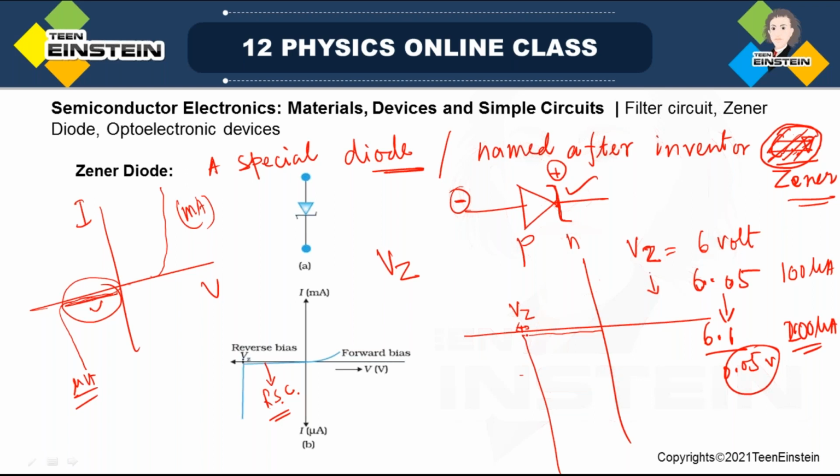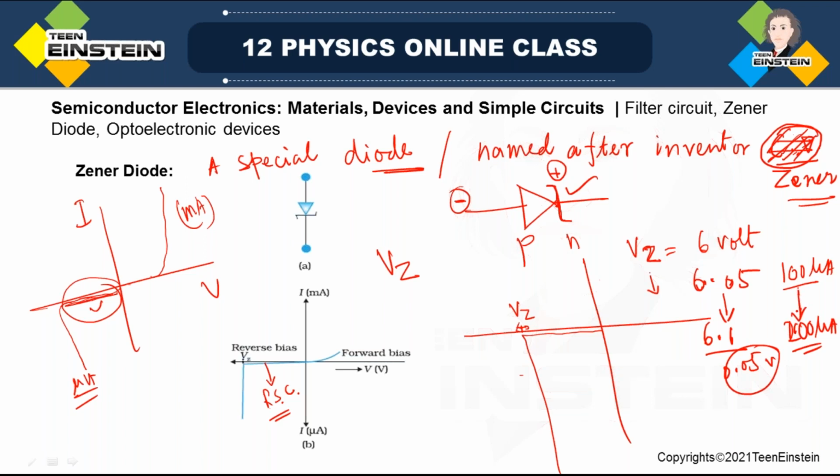If you increase or change the voltage a very little, then you see a very huge change in the current. Suppose I have given an example here. If you increase the voltage by 0.05 volt, then also see the current is changing,